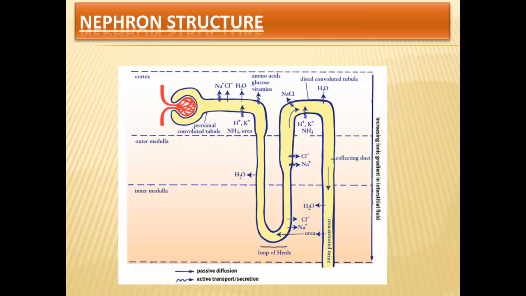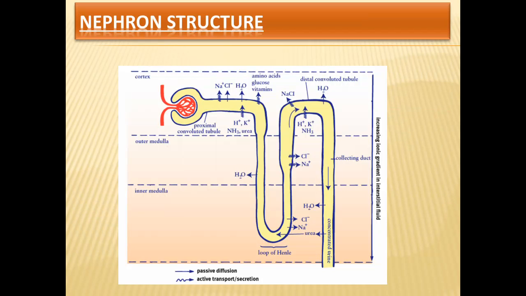As you can see, the renal tubule is a long and folded tube-like structure that emerges from Bowman's capsule at one end and ends at the collecting duct system of the kidney. The tubule is divided into three main parts based on its function: proximal convoluted tubule, loop of Henle, and distal convoluted tubule. The distal convoluted tubule in turn ends into the collecting duct.